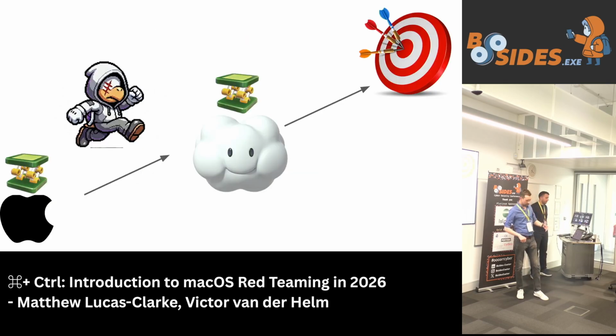So once you've figured out a way to access the user's cloud resources and things that are important to them for their job, we've now stepped out of the realm of macOS red teaming, and we're really just in the realm of standard red teaming. This is the point where you now just need to think about what's important to the company that you're targeting and how you can impact that.